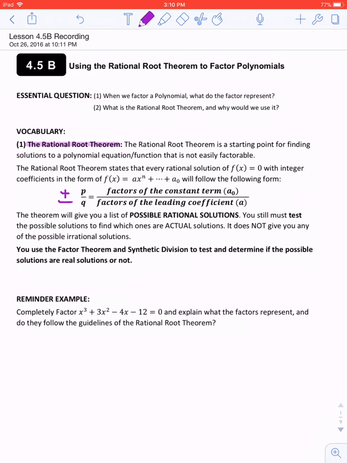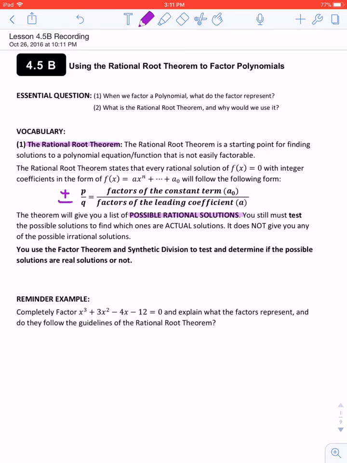It does not give us all of the true ones. It only gives us possible rational solutions. Also, because this is a rational root theorem, it does not give us irrationals or imaginary solutions. It literally creates this big set of possible rational solutions. It allows you to test these solutions, see which ones are truly zeros, and then continue to factor out other